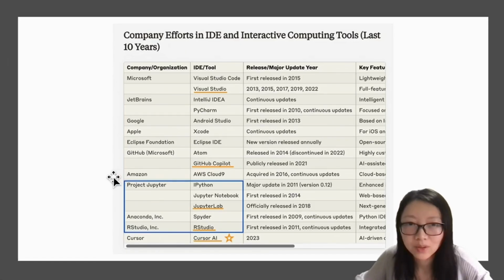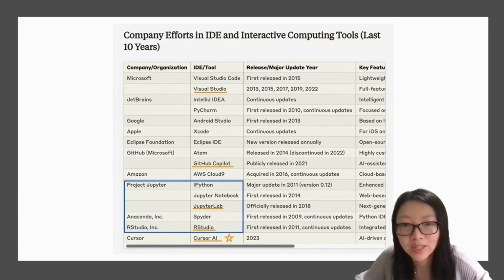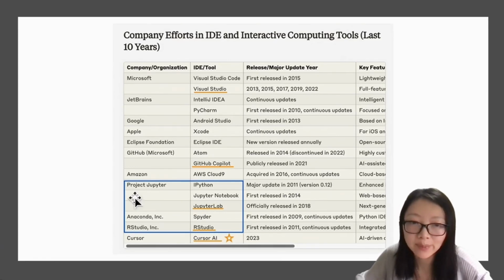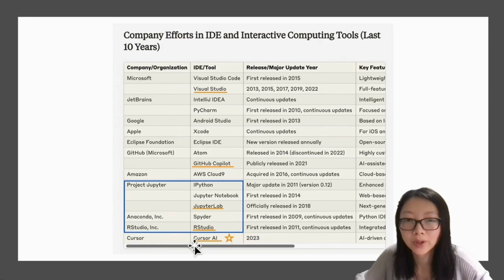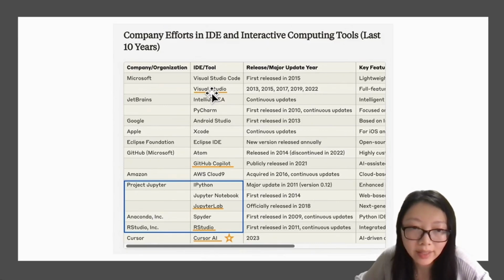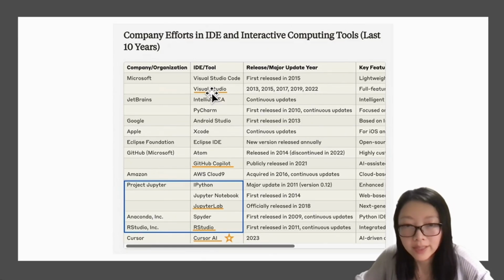What's the big deal? Over the past decades, many companies have worked to enhance the IDE functionality. I begin with the blue box circled IDE here, like RStudio and Jupyter Lab in my early days, as they are specialized interactive tools for prototyping data science modeling workflows. And then I transitioned to Visual Studio, given it also integrates Jupyter Lab features and also facilitates microservice and container